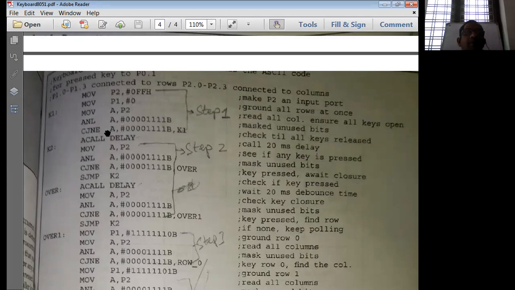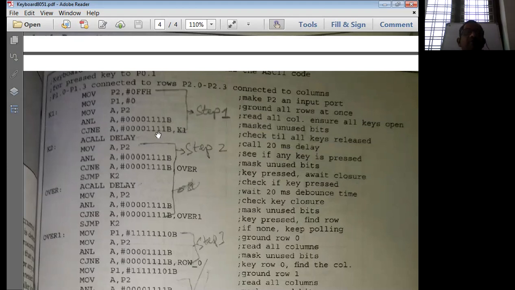Compare the two operands, jump if not equal. So if both are not equal, then jump to K1. That means we are simply waiting in this particular loop until all the columns become equal to zeros. So when these two are same, the resultant value for this AND operation becomes equal to 0.